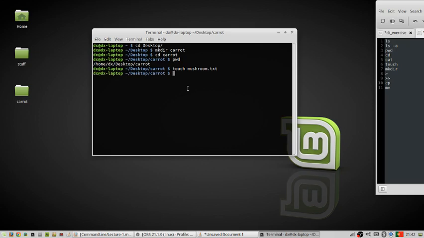I'm also going to create another folder, the folder spinach, and I'm going to check what's inside the carrot folder. So I'm using the command ls, and I see that there's the file named mushroom.txt and the spinach folder. They have different colors: if it's all white it's a file, if it's colored blue it's a folder. I can also use ls -a to see if there are any invisible files, and there are no really invisible files,